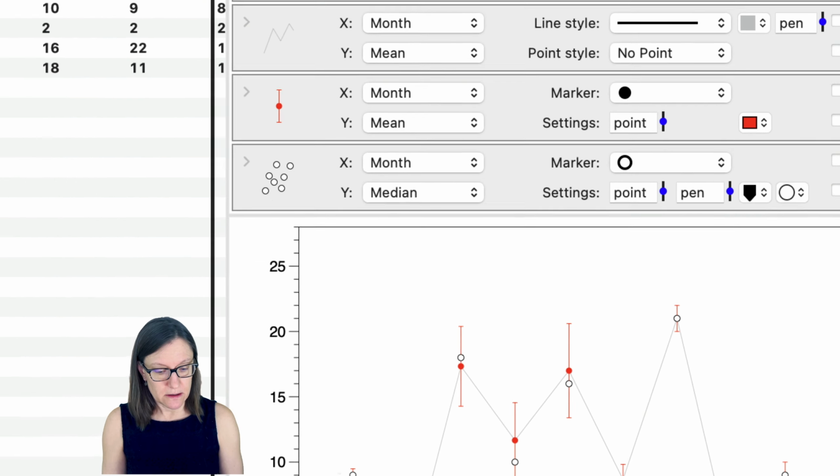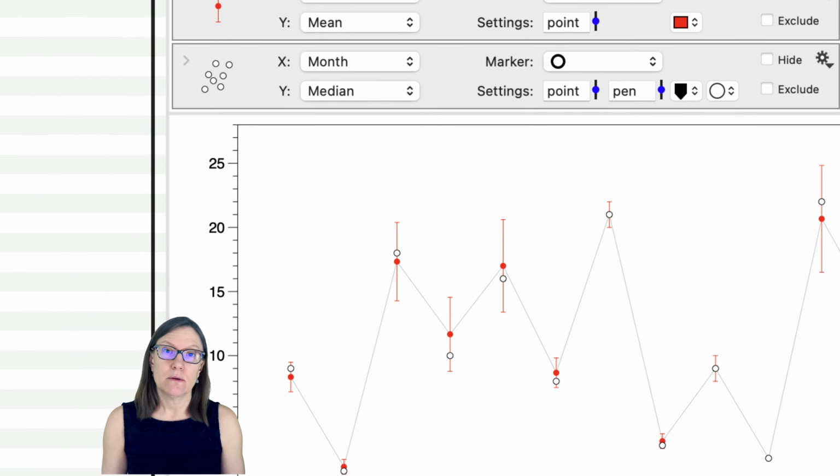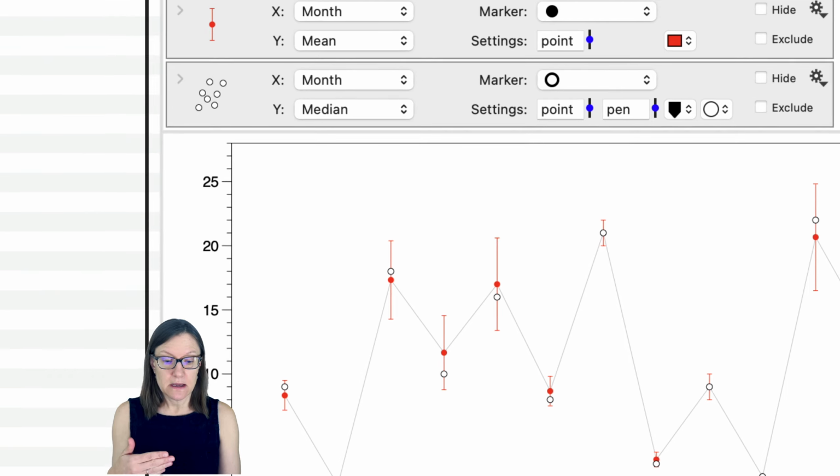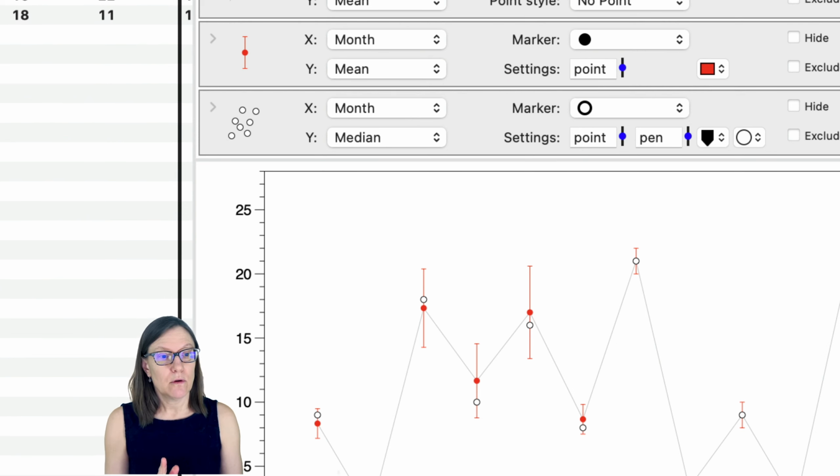Let me just zoom in on this for a moment, though, because one detail that you'll notice is that when I'm overlaying now these various layers for these commands, the median points are completely covering the red color for the mean. In my original file, you won't see that, and that's because you need to go over here, and the fill color for the median point is set using this,